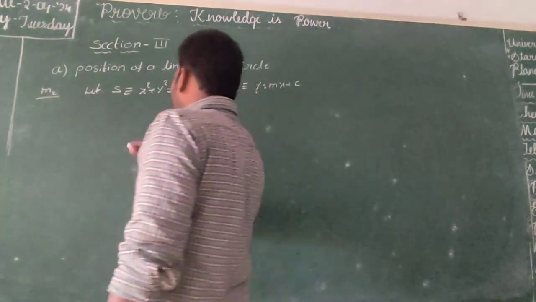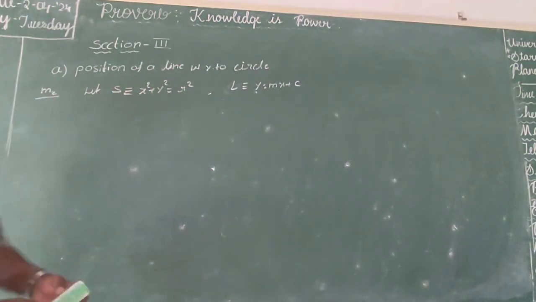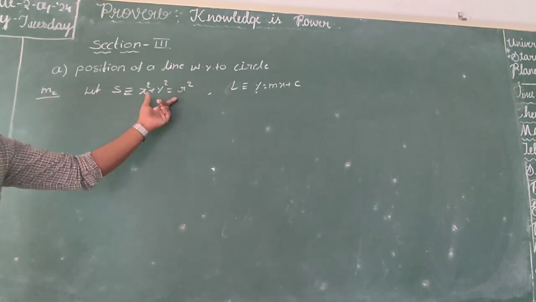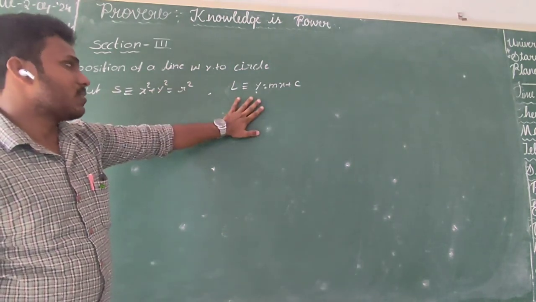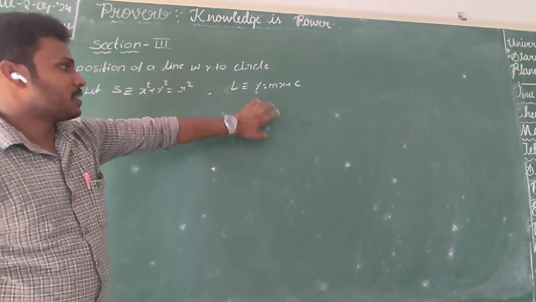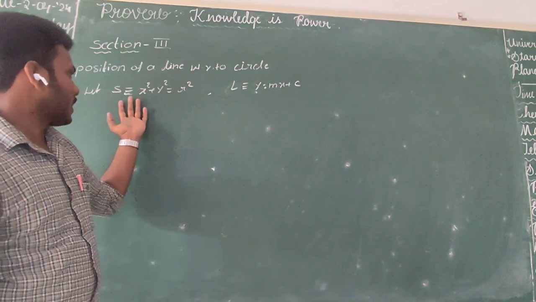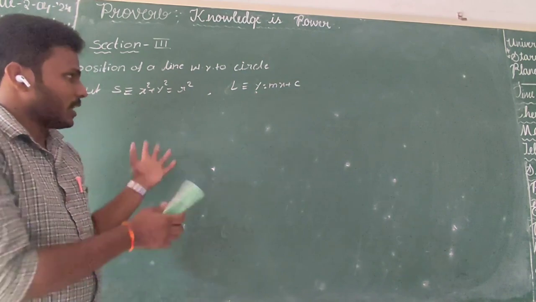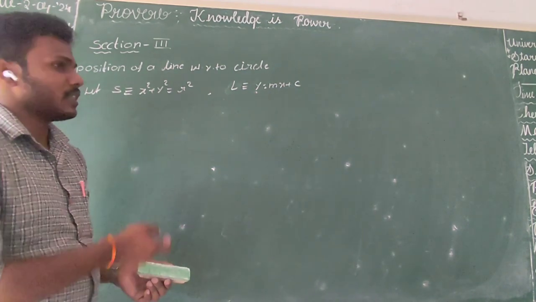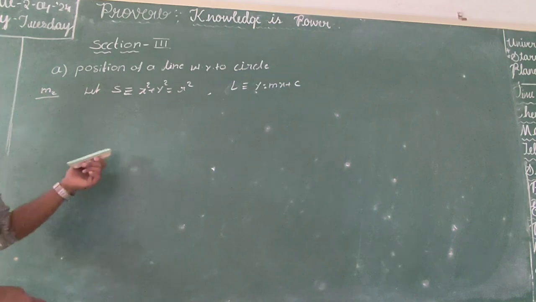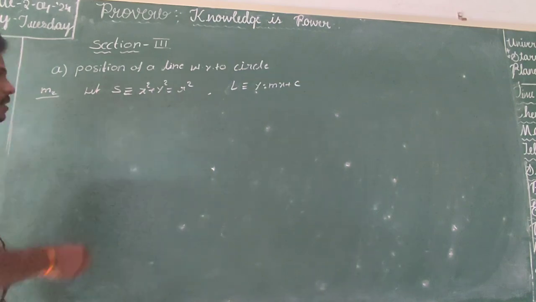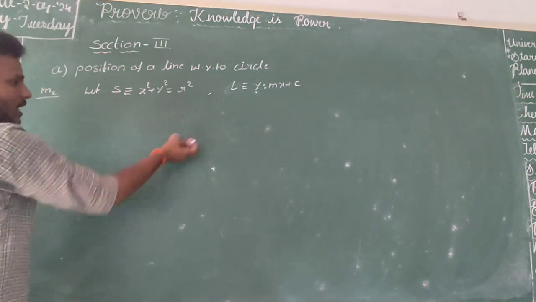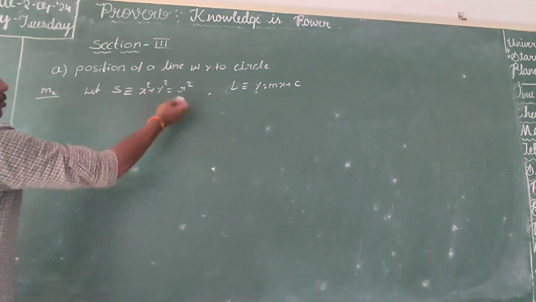Okay, here we consider one more model. The circle equation is x square plus y square equal to r square, so the center is taken as the origin. The line equation is y equal to mx plus c, the standard form. So this is the general form of the circle equation and the standard form of the straight line. For this combination, how do we define the same model, the perpendicular distance from the center to the line concept?